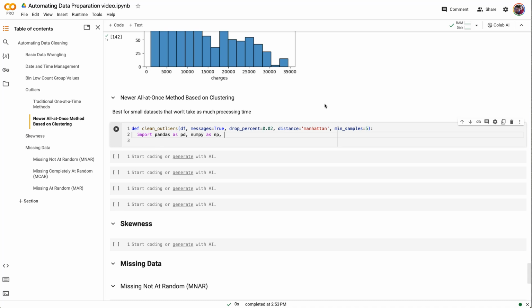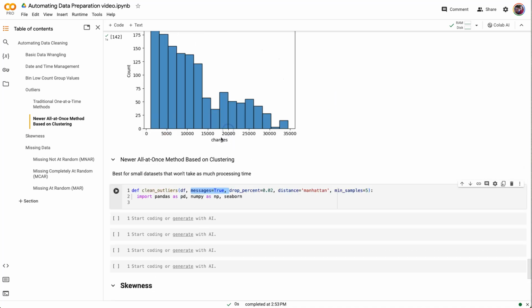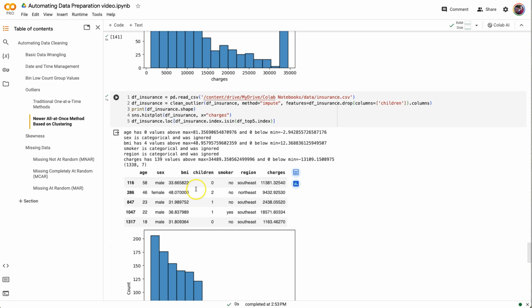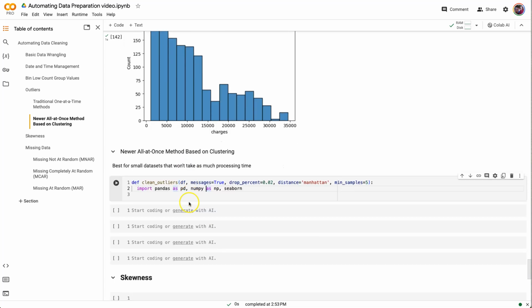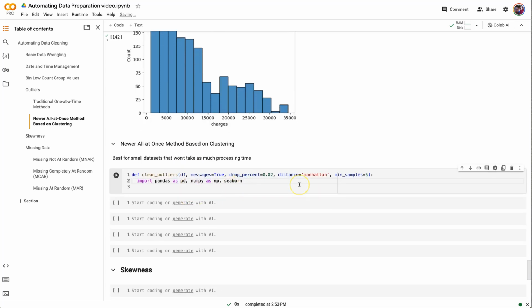I can't remember with this one, but we will use Seaborn because if message is set to true, I like to give back to the user some images to let them see how the distribution changed. And I didn't do that in the last function, but after you see how I use Seaborn in this function, you might decide to go back and modify our other cluster function to include it as well. So Seaborn,